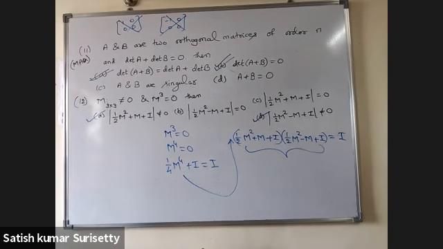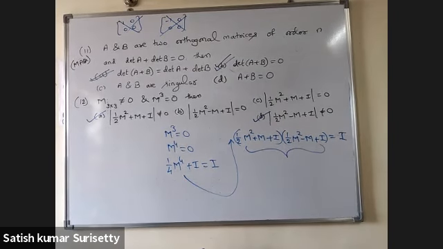There is another proof also, in which we can calculate the value of the determinant. If we write that expression and multiply by M, we get that the determinant of the first option equals M plus I. Then again, if we multiply by M square and take determinant, we get a condition that determinant of M square into determinant of M plus I equals determinant of M square. But that determinant is not equal to 0. So this determinant should be equal to 1. And this same method can be applied for option D also.